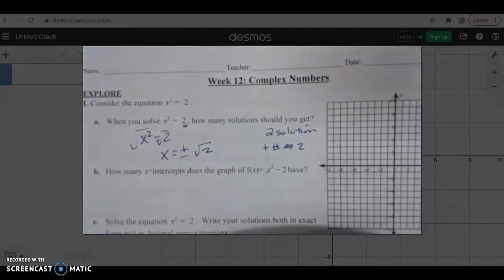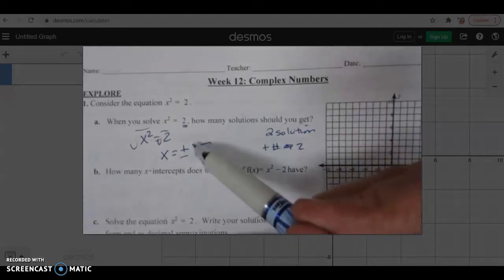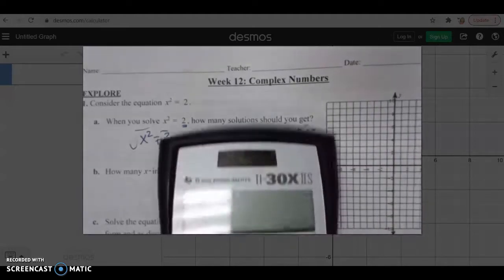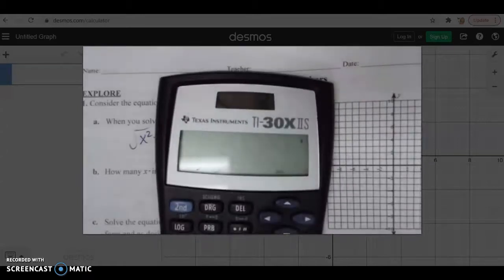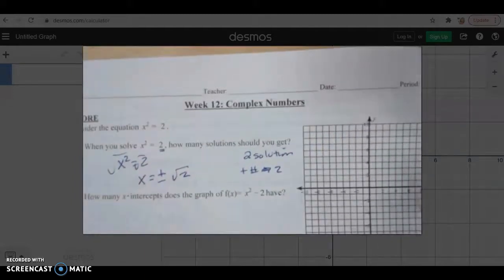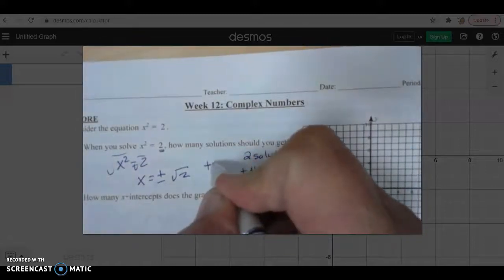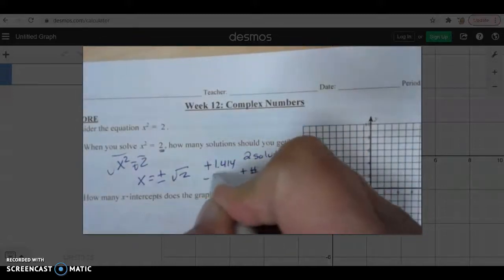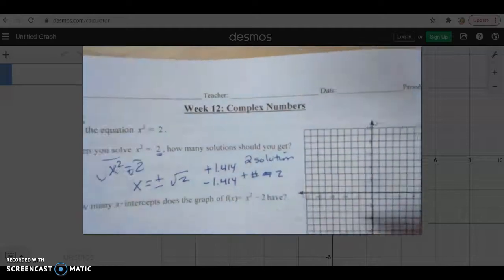Okay? And so how many x-intercepts does that have? Well, it's going to have 2. Positive radical 2 and negative radical 2. And what is radical 2? Let's see. Radical 2 equals 1.414. So that means I'm going to have positive 1.414 and negative 1.414. And when we go over to the graph,